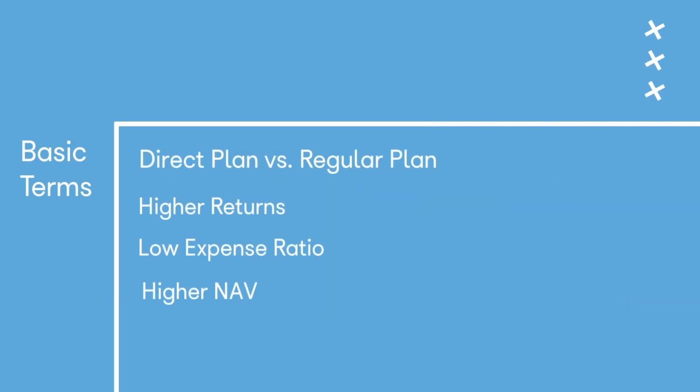Every mutual fund scheme comes in two different versions, direct and the regular version. The difference between these two versions is that in case you are investing in a regular mutual fund scheme, you will have to do it via an agent or a broker, and hence commission charges come into the picture. In case of a direct mutual fund scheme, the traditional agent or a broker is not involved, and hence you avoid the commission charges. And as a result, you expect higher returns, have a lower expense ratio, and also can expect higher NAV. Therefore, I would always recommend you to go for direct plans because you will be in control of the mutual fund schemes you're investing in.